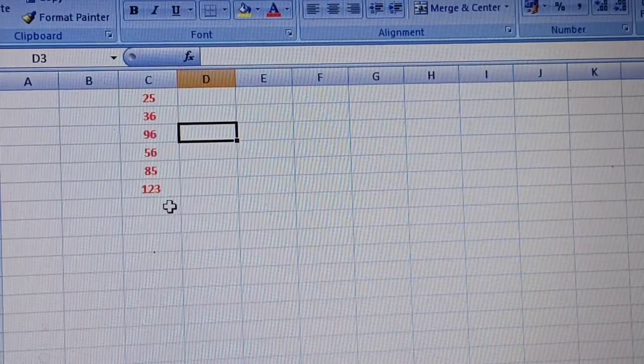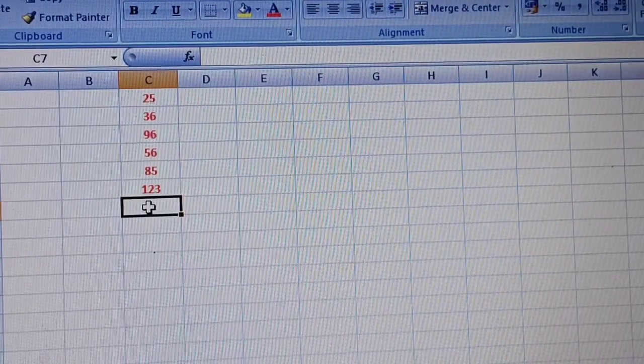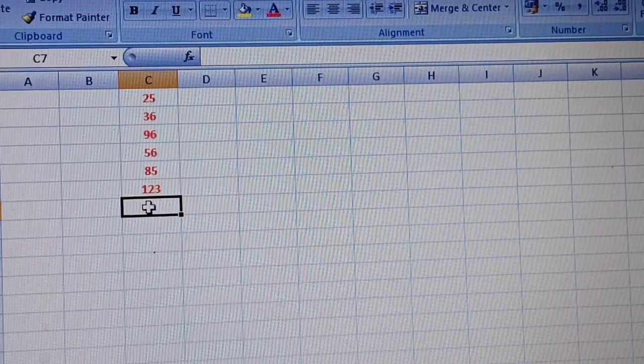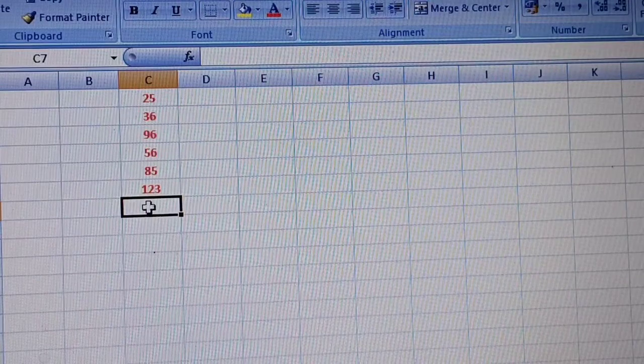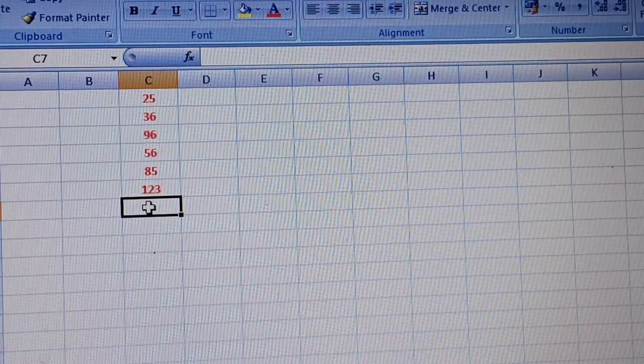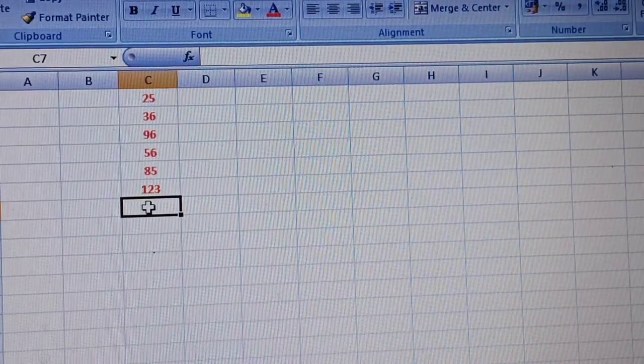Okay, now I want to find the sum of these numbers. So in Excel there are predefined formulas. Predefined means already declared or already defined in a spreadsheet. We only have to put the formula here.